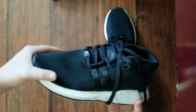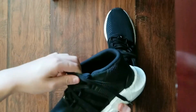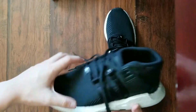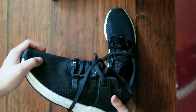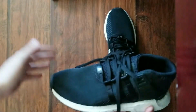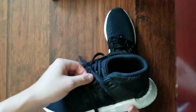This is the EQT Support 93/17. I think you guys already know about this shoe. It's pretty comfortable, it's a newer model, and it's pretty popular right now. Even though some colorways already go on sale, the OG colorway and the collaboration ones are going massively over retail. And this is a newer collaboration between Adidas and MNW, but